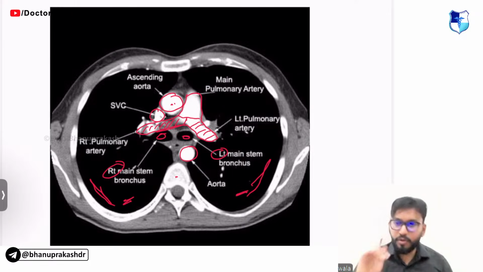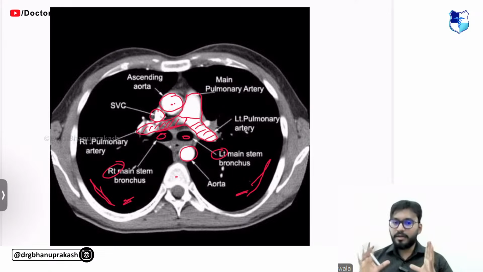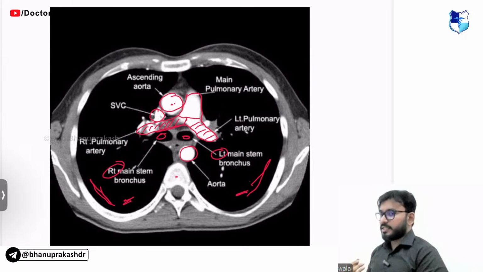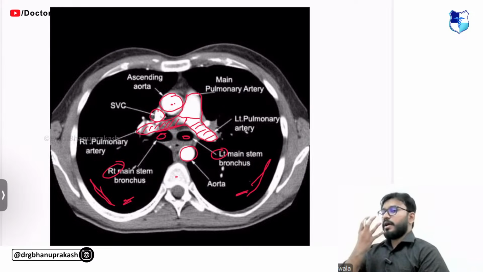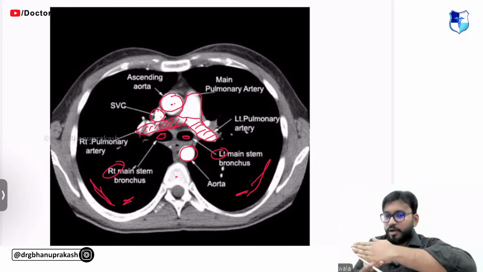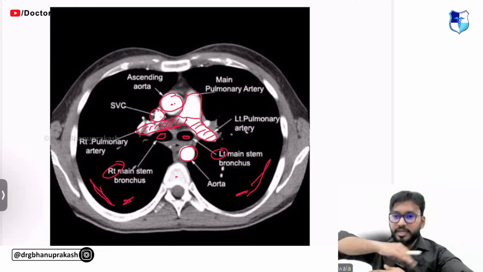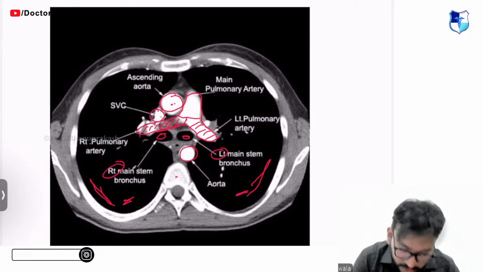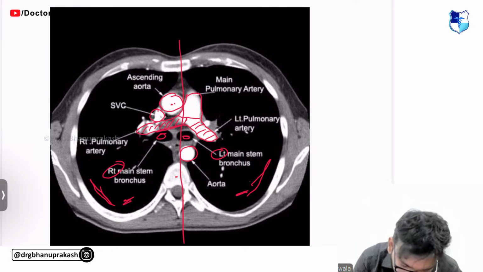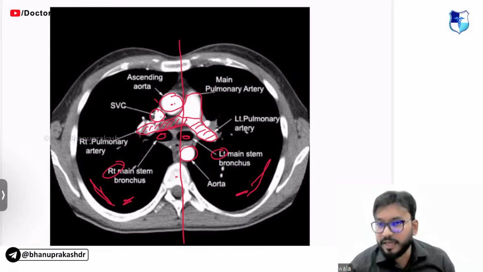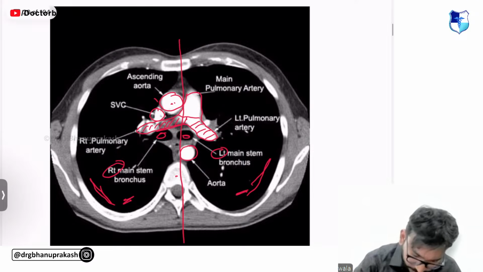How to identify aorta? Once again, let's go. Aorta is a vessel. This is a contrast enhanced scan, so the vessels will be white. Aorta, look at me. I'm going sideways. So aorta comes from the front. It takes the arch and it goes down. If you see from the top, you will see ascending aorta, and if it is going down, then you see this is a descending aorta posteriorly. Aorta goes backwards and towards the left. So this is the central line. You will see that ascending aorta is coming from the front and right and going downwards and back towards the left. This is a descending aorta. It is very simple, guys. Going on.